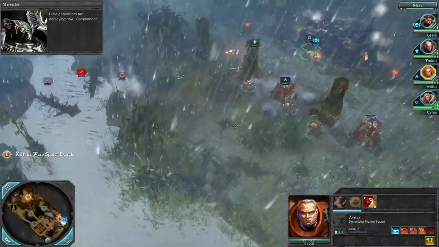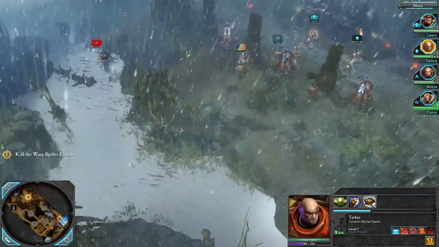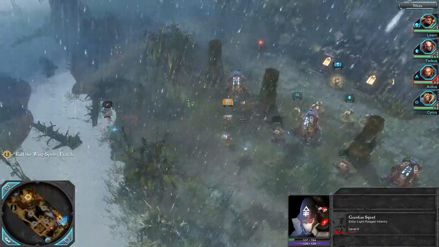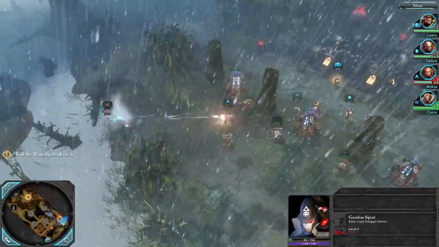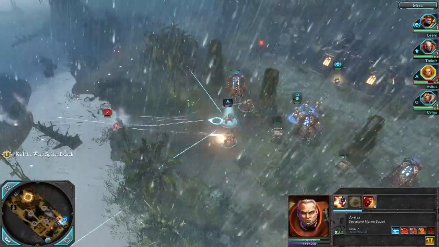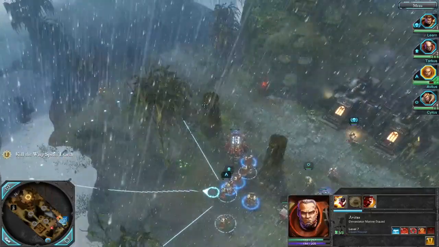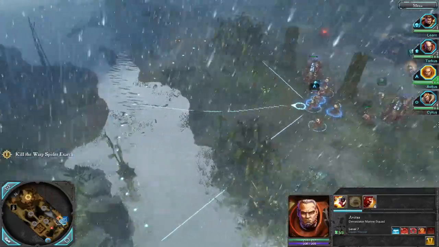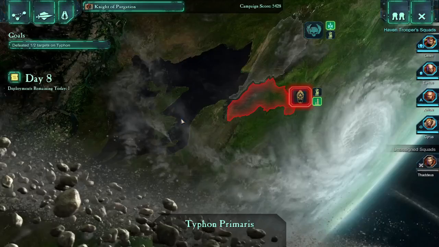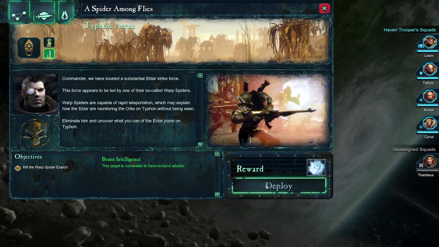Field generators are deploying now, Commander. Eldar down. Remember your training. The Eldar are deadly. Come on, aliens. Show me your fury. Direct our wrath. Your command. Let's fly today. Down you go. Commander, we have located a substantial Eldar strike force. This force appears to be led by one of their so-called...